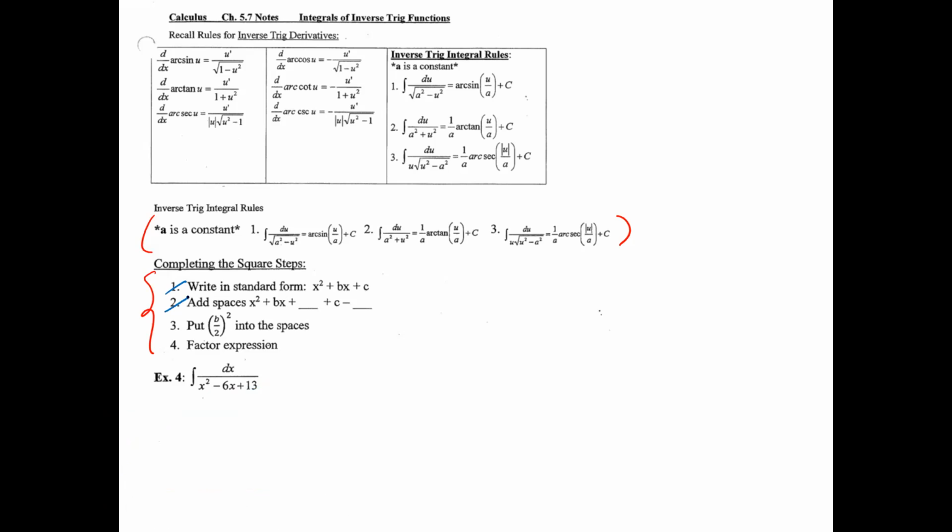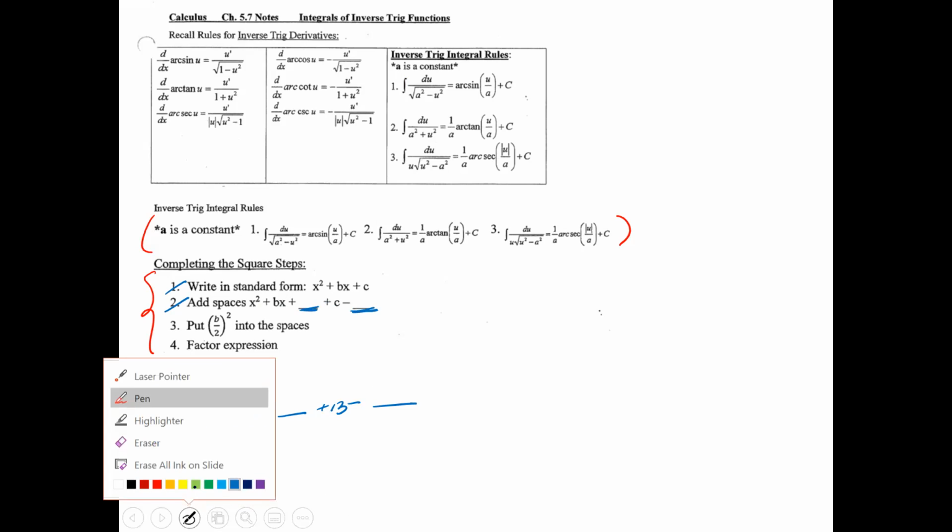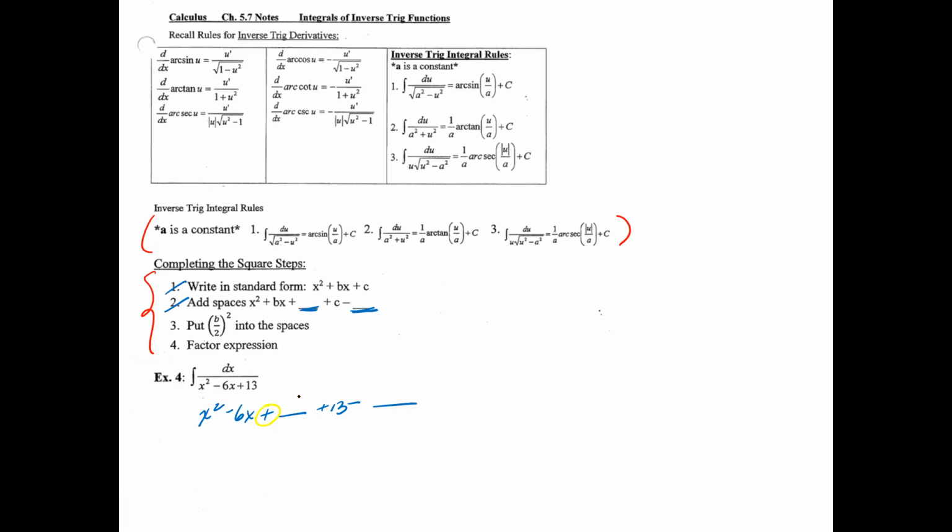Step 2, add a space: x squared plus bx plus space, plus c, and then minus whatever you're going to add here. So let's do that. x squared minus 6x plus blank plus 13, but you're going to have to subtract that blank because you're balancing it on the same side. So on the same side where you're going to add it, you're also going